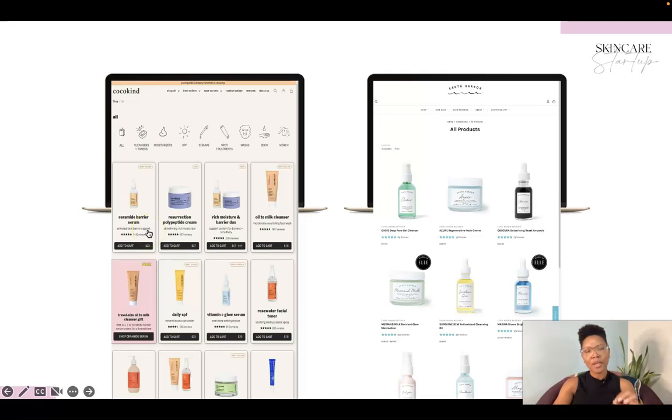So if you have a way of describing your products in a simple way in very few words, that can be useful. They also have social proof. So they have reviews, which would also be very helpful because buyers will also determine which products to focus on based on reviews. So if you are a more well-established brand and you have these reviews, include those as well. A call to action is there,